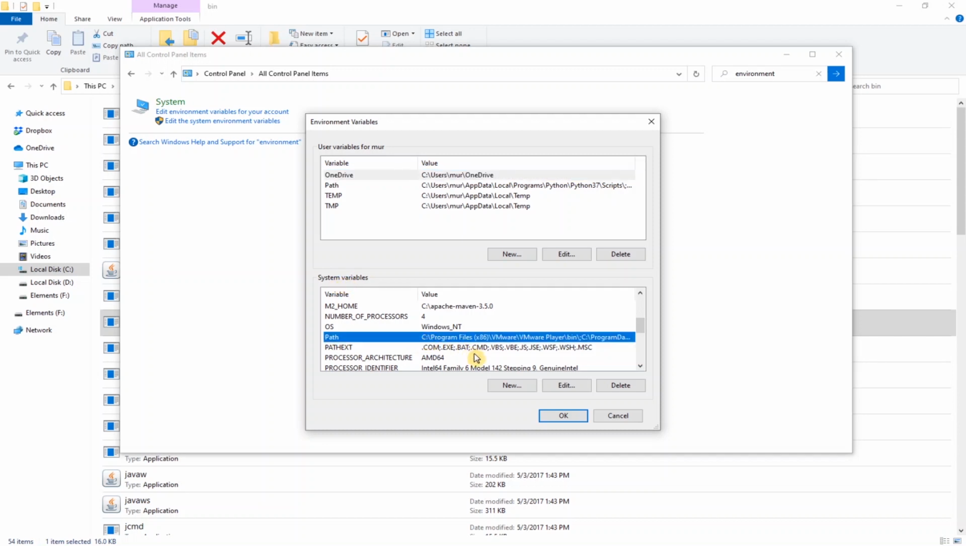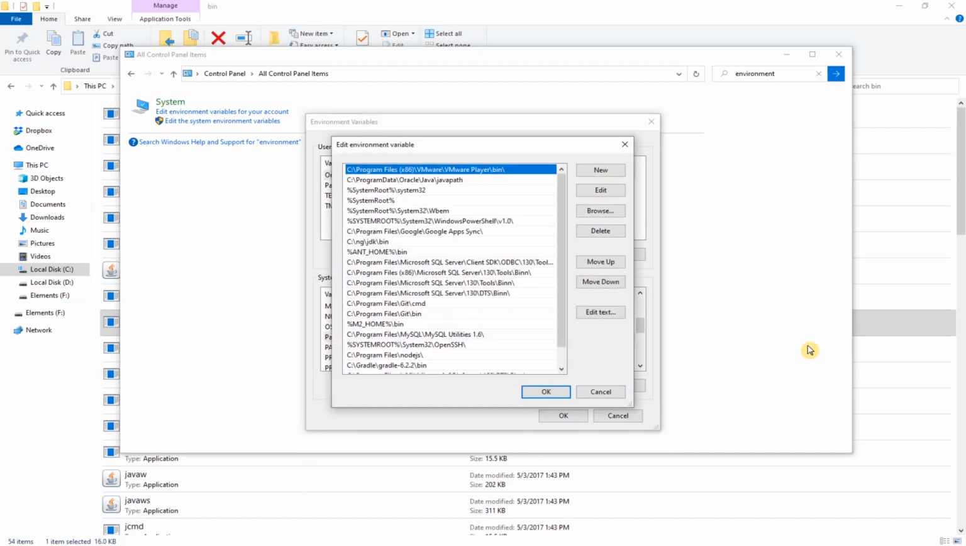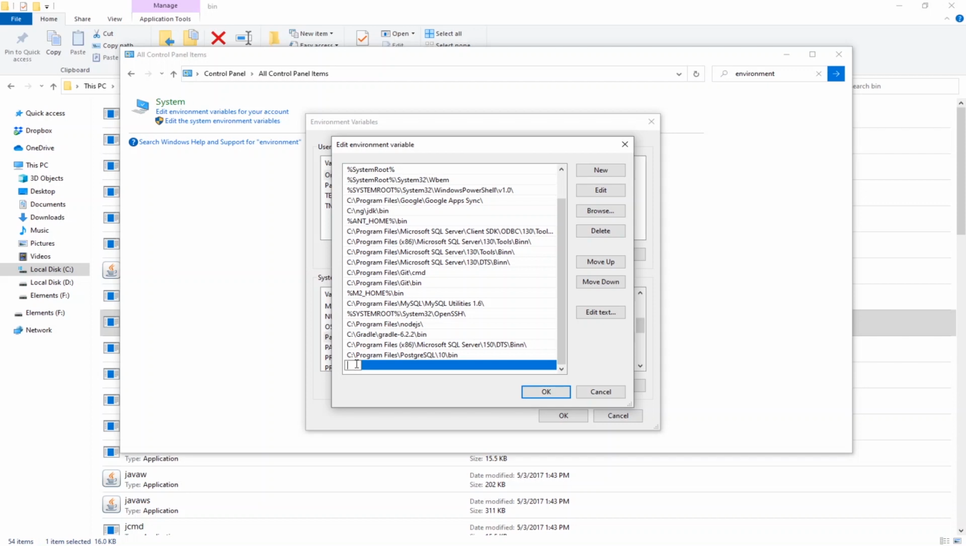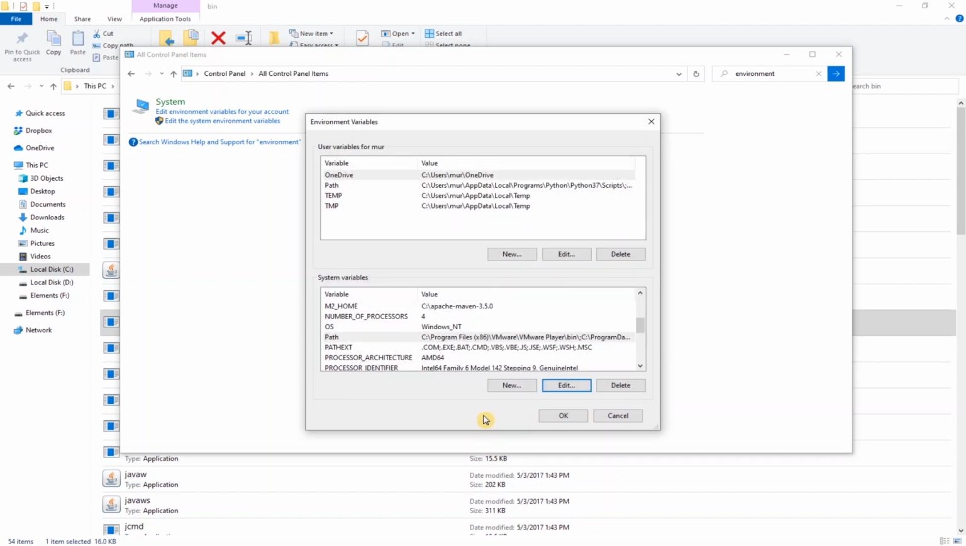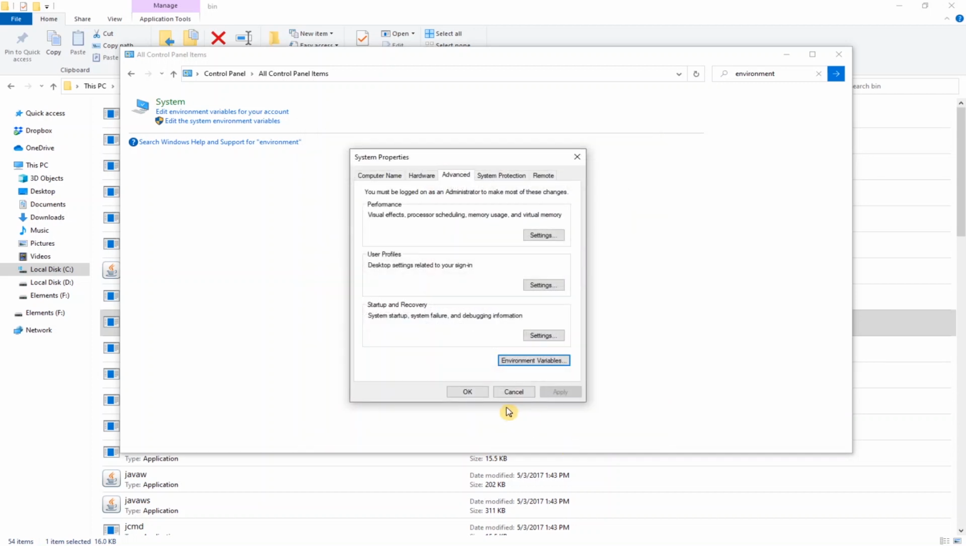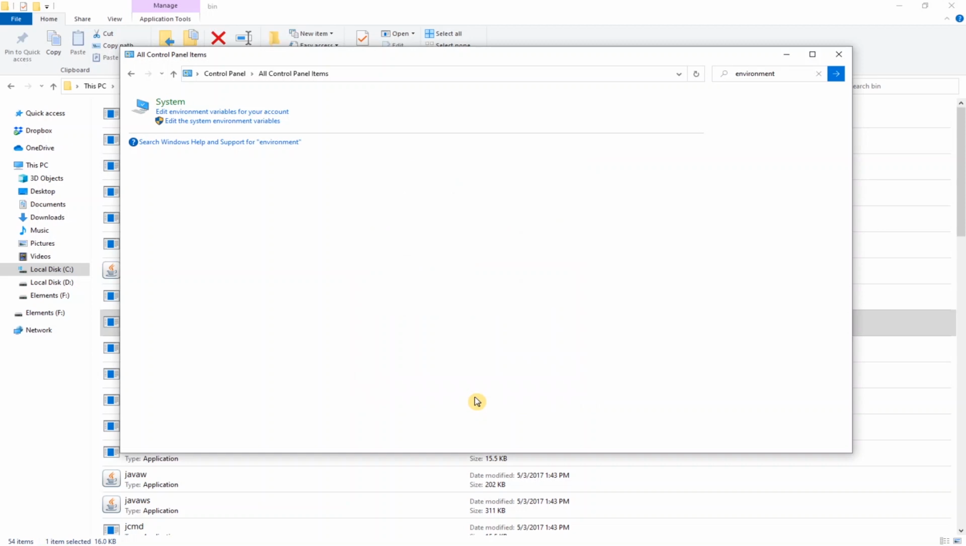Select it, click edit, create a new entry and paste the path to the bin folder here, and then click OK, OK and finally OK. Once done with adding the path to the system variables, the next step is to verify